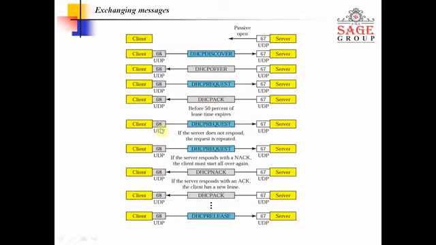Sorry. After this, the acknowledgement reached the client end. The client sends the DHCP request. If the server does not respond, the request is repeated till the DHCP negative acknowledgement is sent by the server. It continuously sends that DHCP request from the client till the negative acknowledgement is sent.